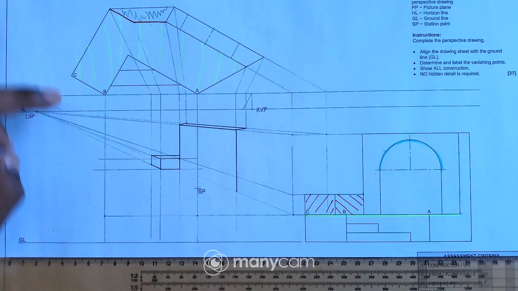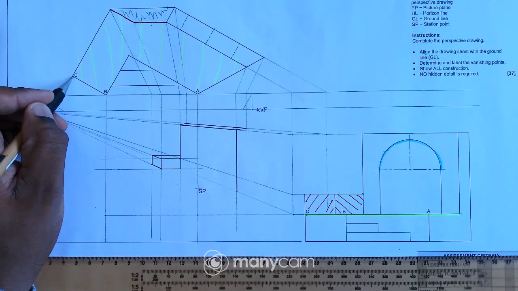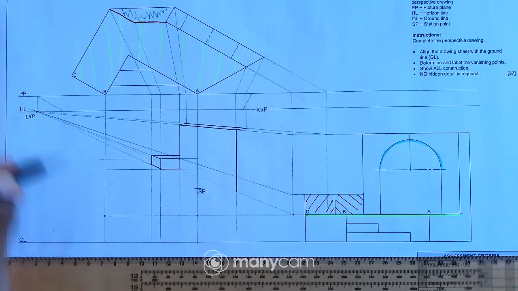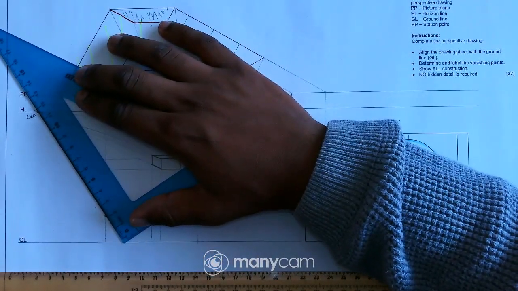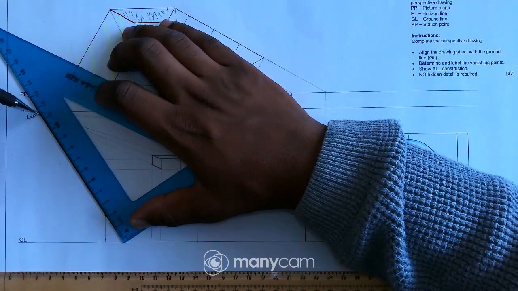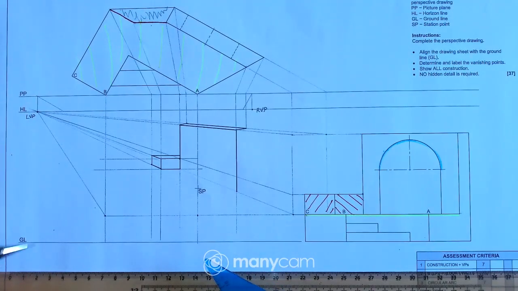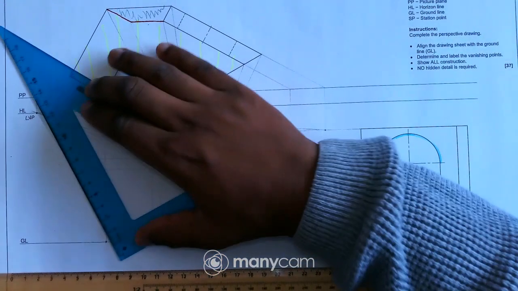Okay, let me start this side. So from point B, I have a line going up to C. So obviously, I can just take this point to my LVP, just like that. From point B, project that point to the LVP and also the ground level.